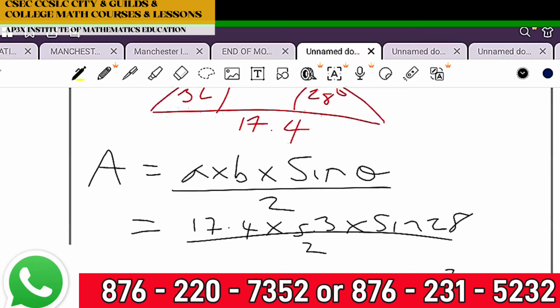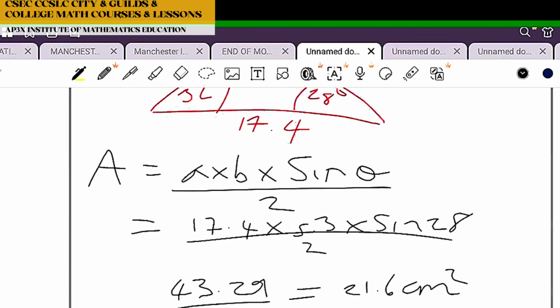So see, not a very challenging question at all. How do you know when you use the 28 over the 32? The angle has to be between the two sides at all times. So no matter which angle I might put to throw you off, the angle has to be between the two sides.